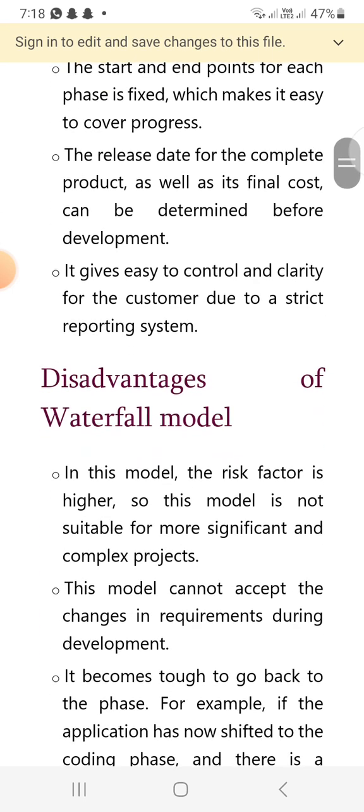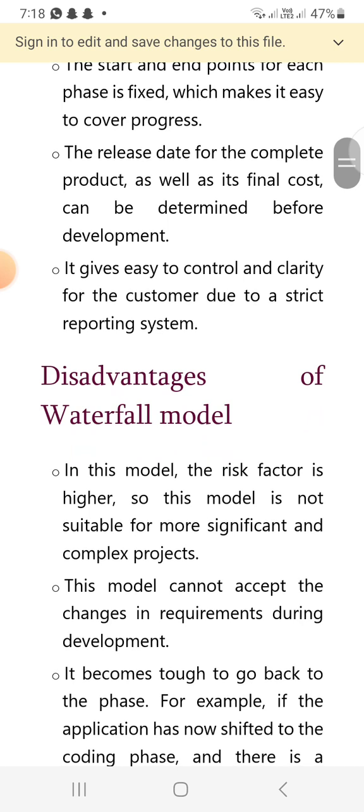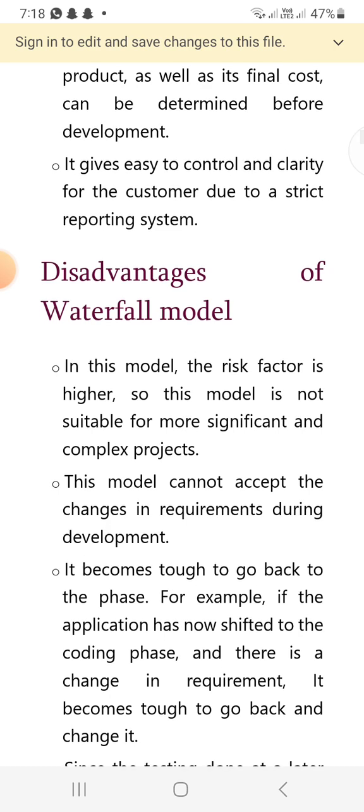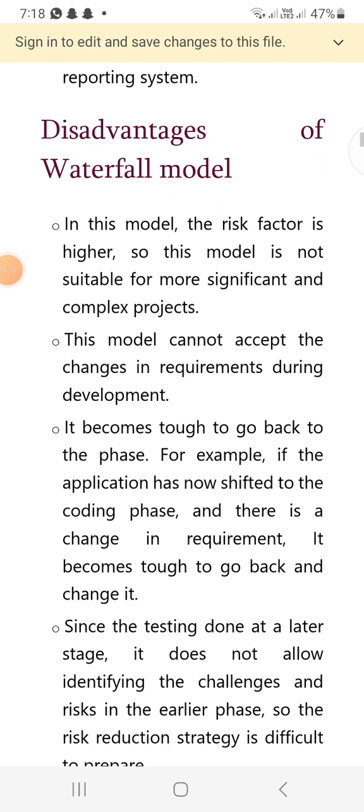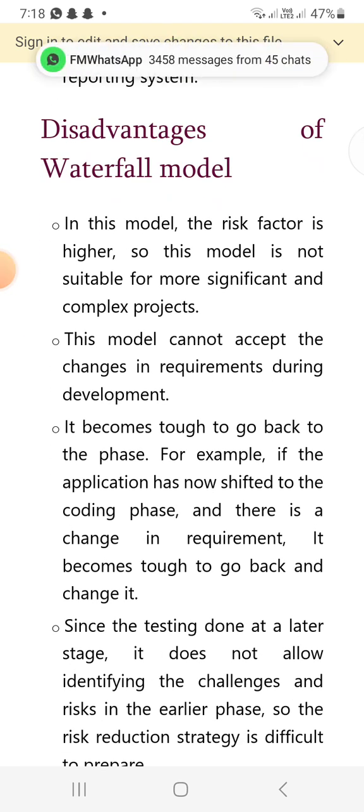Next one is the disadvantages of waterfall. In this model the risk factor is higher. The model is not suitable for larger and complex projects. The model cannot accept changes in requirements during development, so it becomes tough to go back to the phases. For example, if the application has now shifted to the coding phase, and there is a change